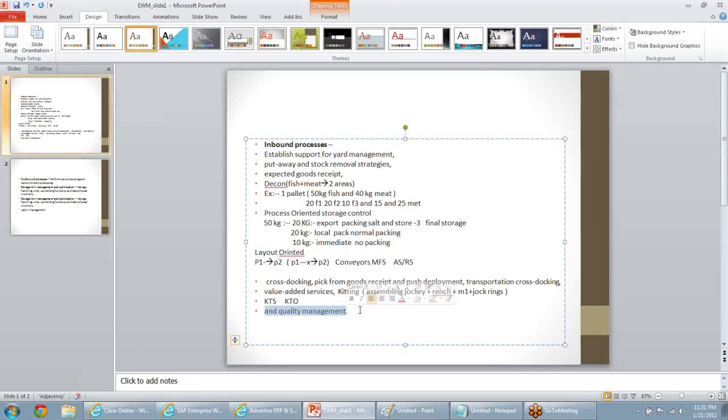So what are all the quality management features you will have in any warehouse? We don't need to bother about the tool first, but what features should you expect from quality management? Tell me. Quality delivery service. Yeah, first of all, whenever the goods are coming there, because quality management is required, let's discuss it generically before we go into the product.